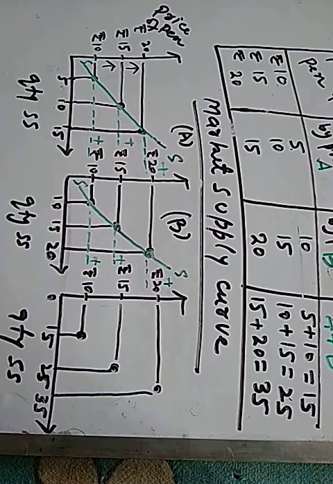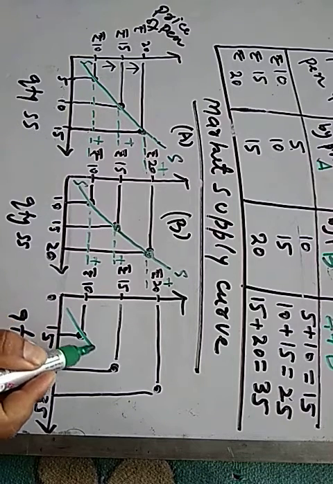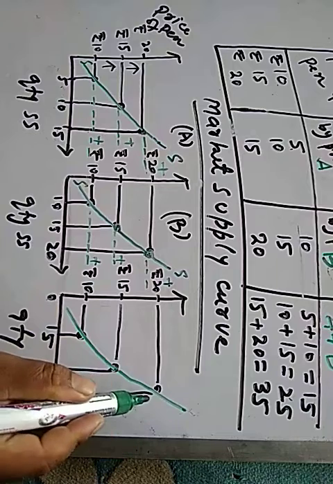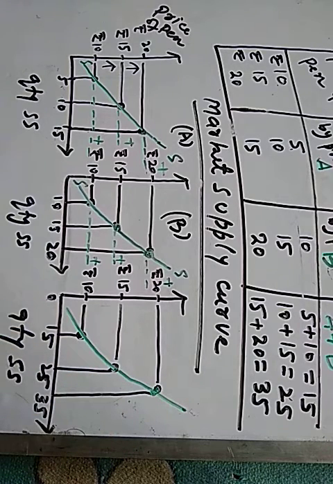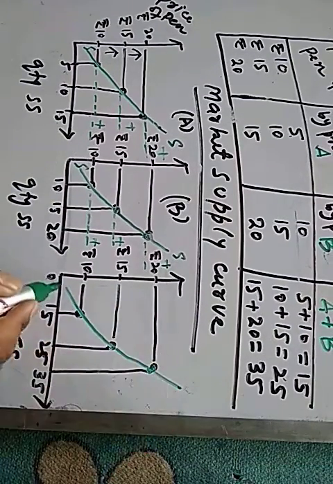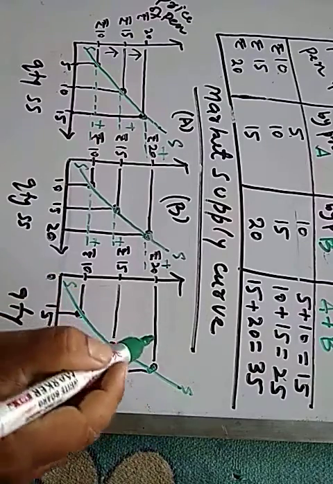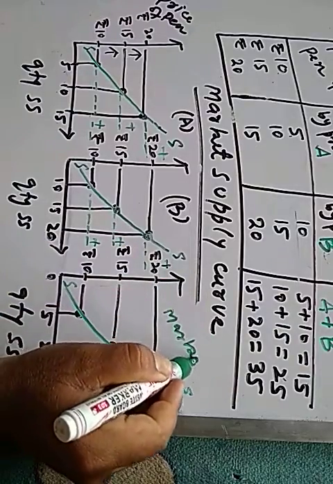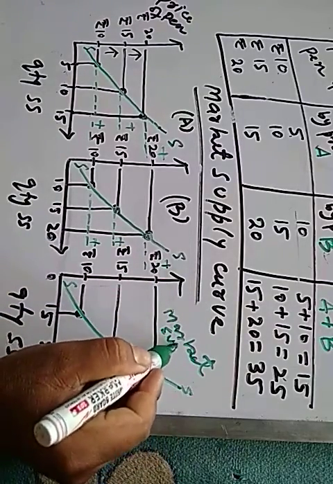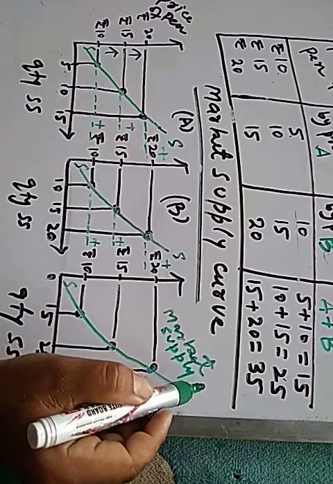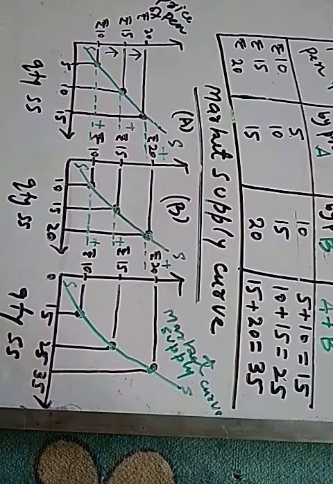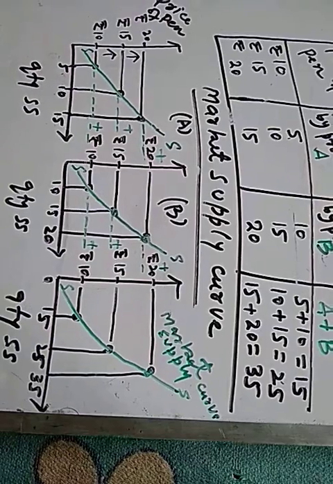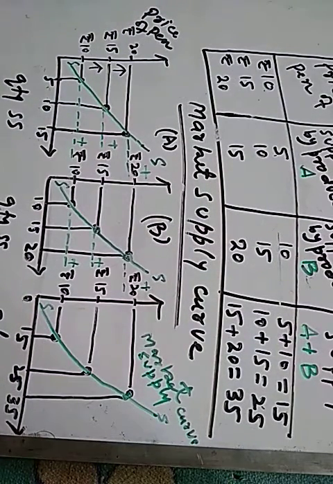Now joining these points, we will get a market supply curve. This is the market supply curve. This SS is the market supply curve. This is how